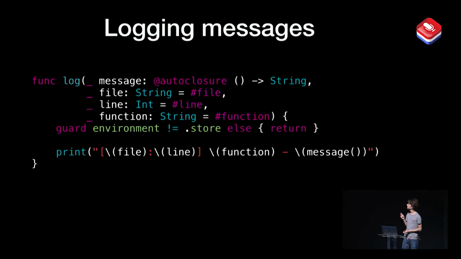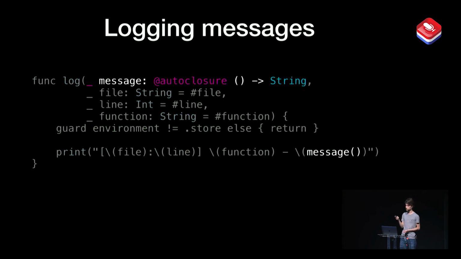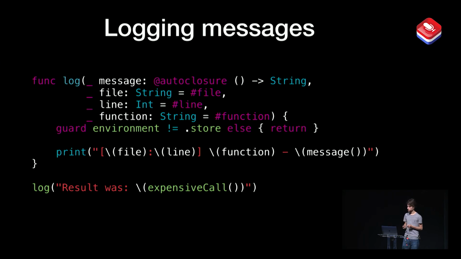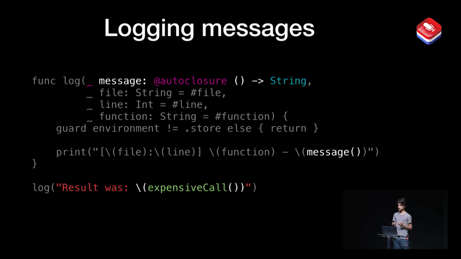So as you can expect, this is where autoclosure comes into play. Autoclosure is an attribute that we are going to add before the closure that we take as an argument. It's going to decorate this argument. As you can see, inside the function, nothing changes. We are still taking a closure, and we are still calling it when we need to, like any other closure. But where things change is when we pass the argument: you can see that we are no longer passing a closure, we are just passing a string. And this is what autoclosure does.